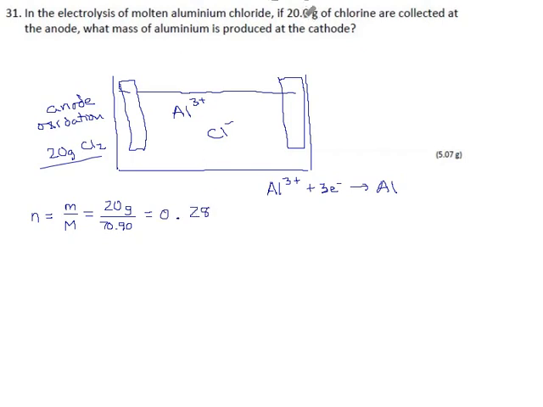What's happening for sig digs here? My data has 3 sig digs, so I'll carry 5. 0.28209 moles of chlorine. The reaction that's happening over here, which I should have done earlier, sorry, is 2 chlorides are coming in,